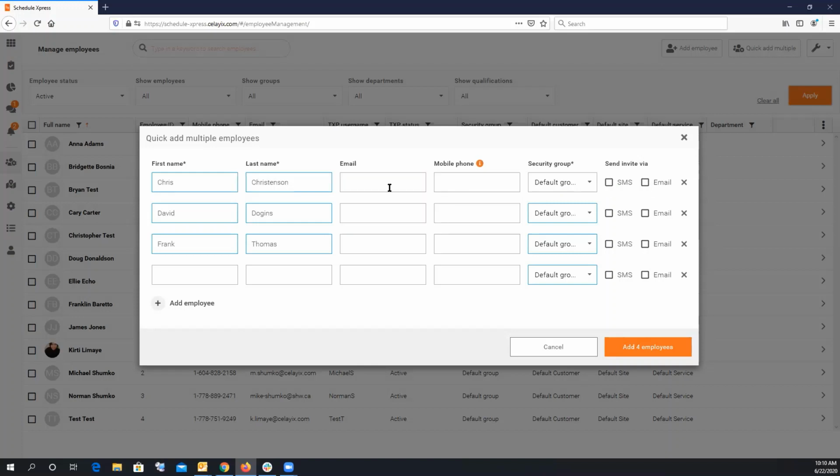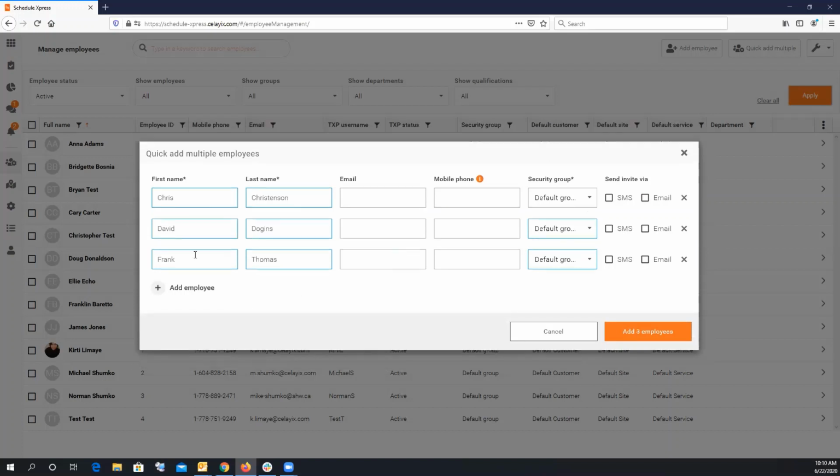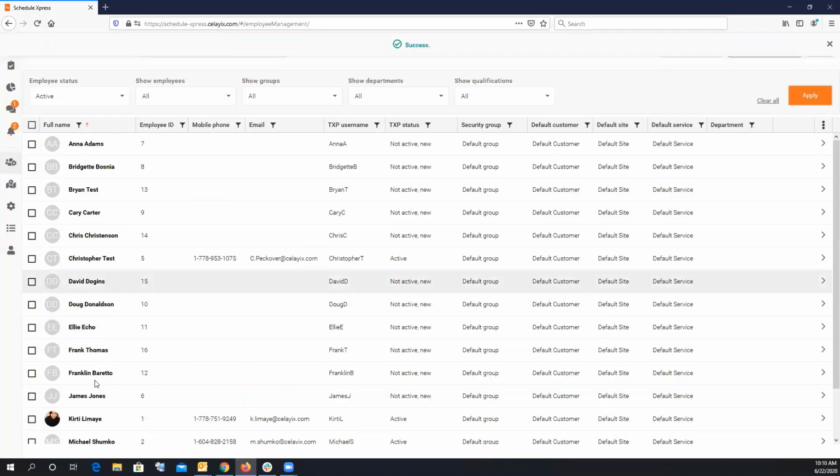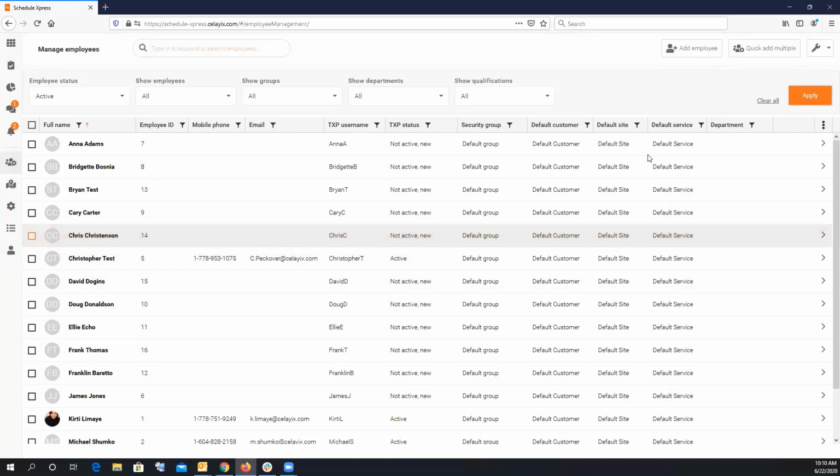So it's your decision. You can either put an email in and then choose email, or you can just leave these blank and send the invites later. We don't really care. So these 3 employees, I'm going to click on add. That's all there is to it, and you've added these new people in here. So here's one of them right there. So it's very easy now to add employees, get them in the system, and if I want to, I can go and schedule these guys right now. I don't have to invite them. I can invite them later once I get their email and fill it in. So we hope that you find that easier to use as far as how to add an employee